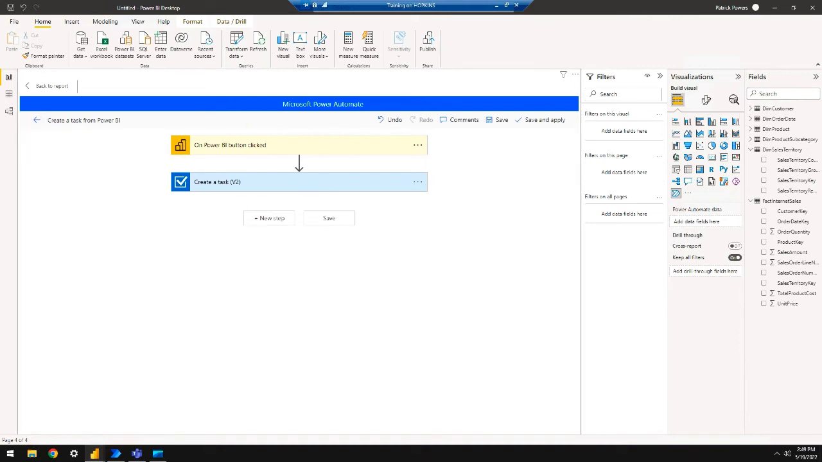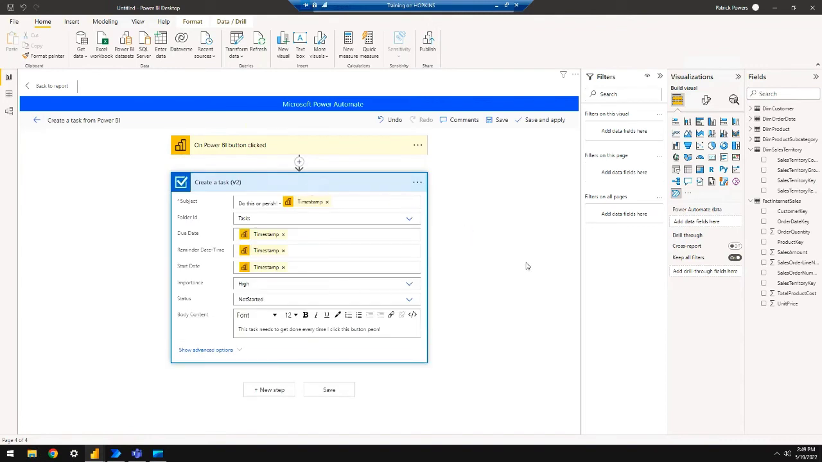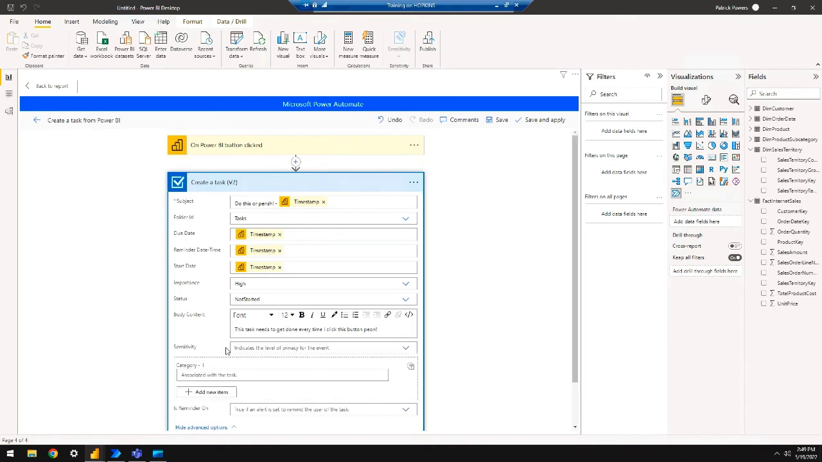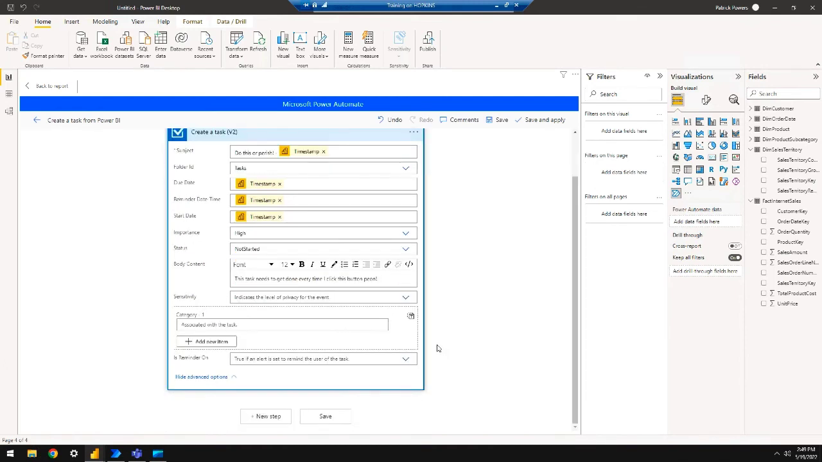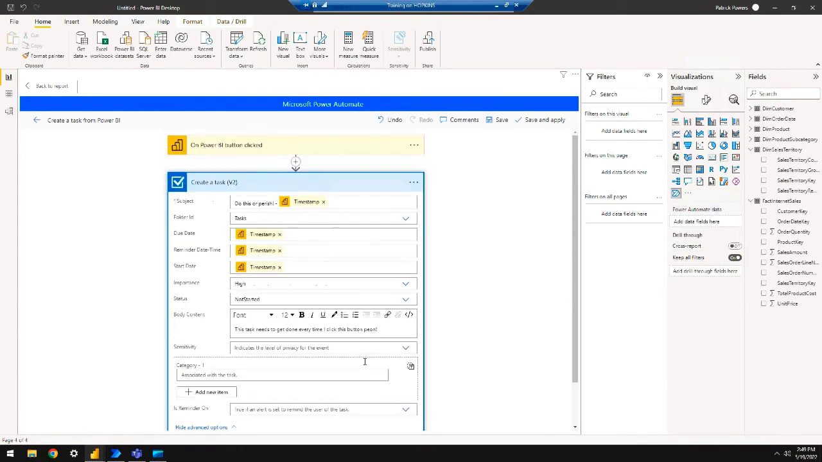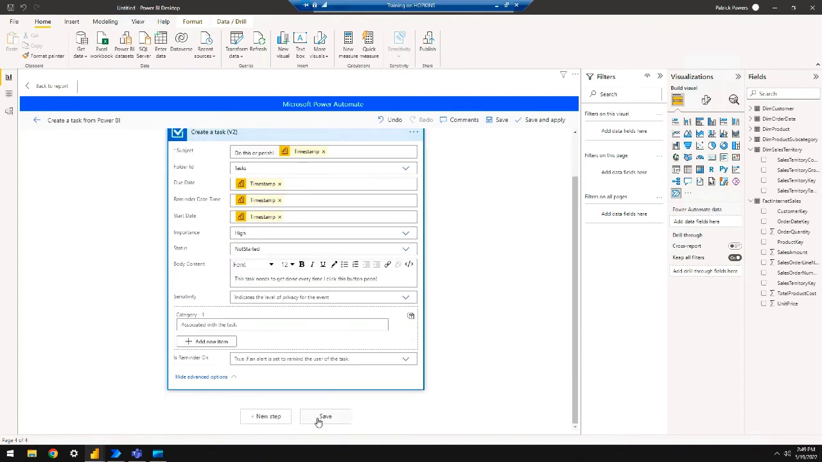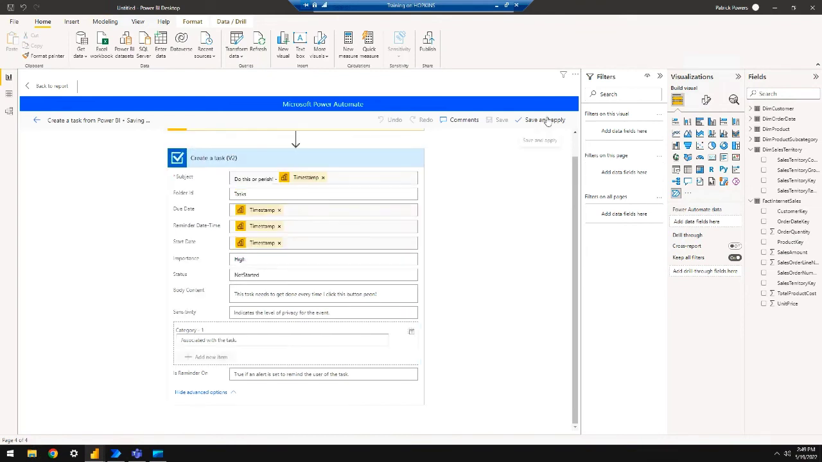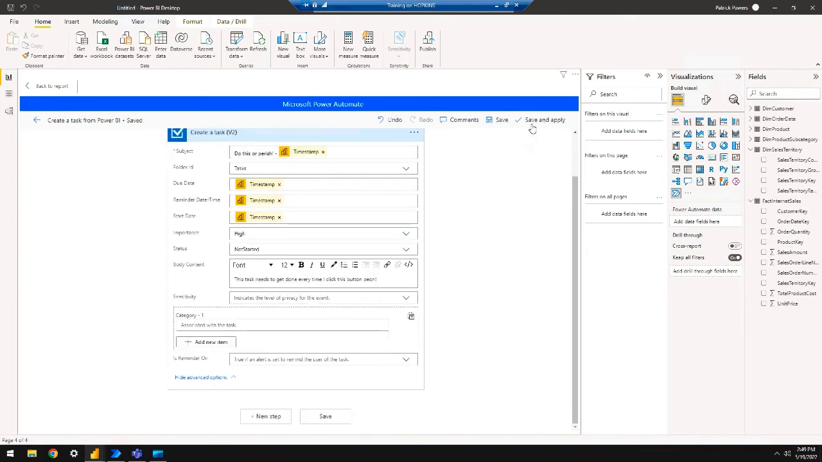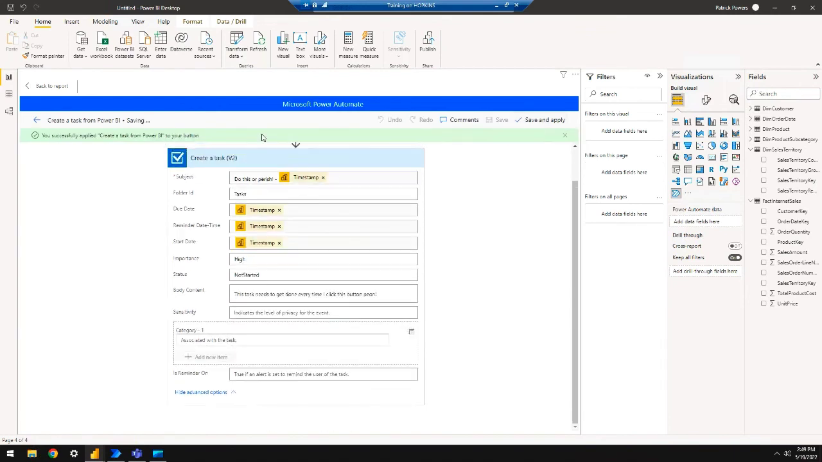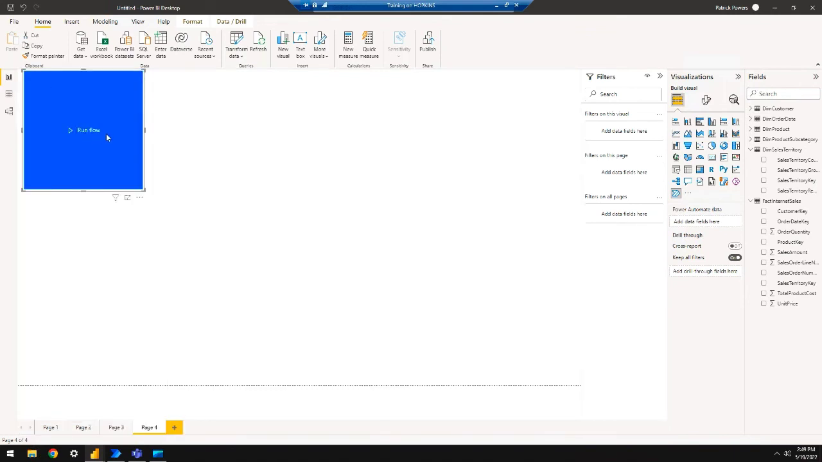So yes. So now, here's one where I've got a task. And I want this task to go to a specific person. I want it to go to a specific folder. I want it to get pushed out, what folder it's going to, etc. And when I save and apply that, this one, when it's triggered,